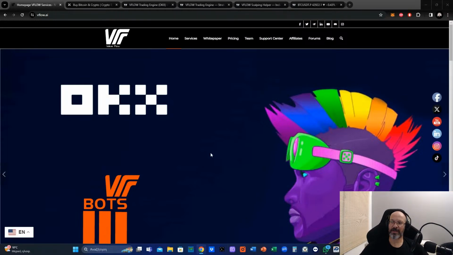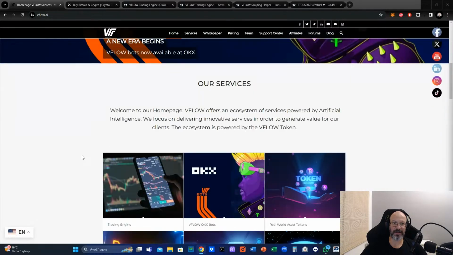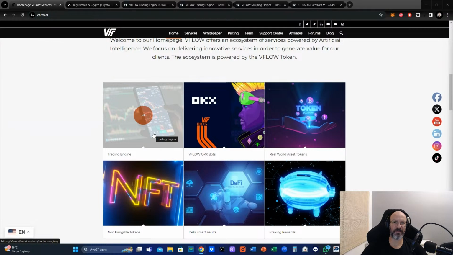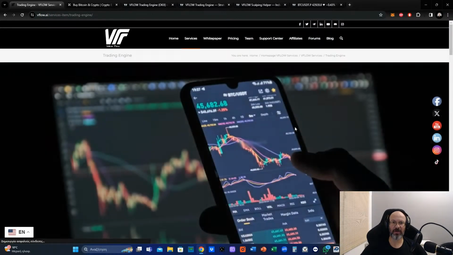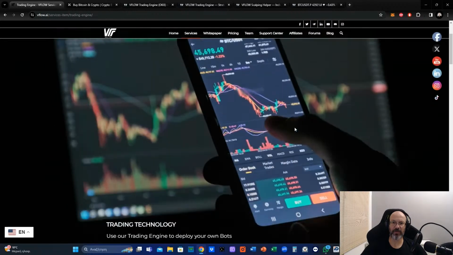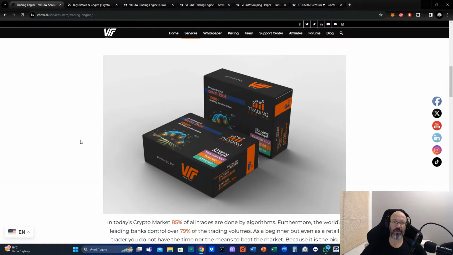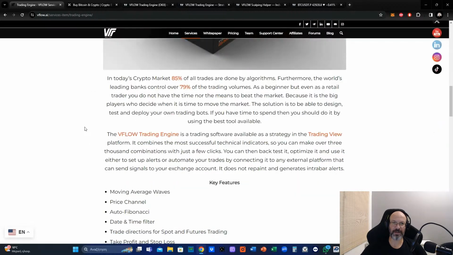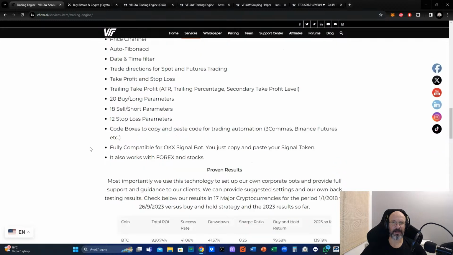Anyway, so starting from VFLOW Services, as you may know, we are a company that designs trading algorithms. One of our main products is the VFLOW Trading Engine. When it comes to the trading engine, we use it on the TradingView platform to design our own trading bots. So you can also do that on your own. What you will need is, of course, to ask for a 2-week trial for the VFLOW Trading Engine within TradingView. Do it through our Discord channel. We are going to share it with you, and then